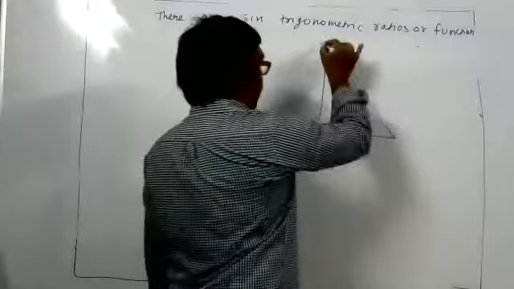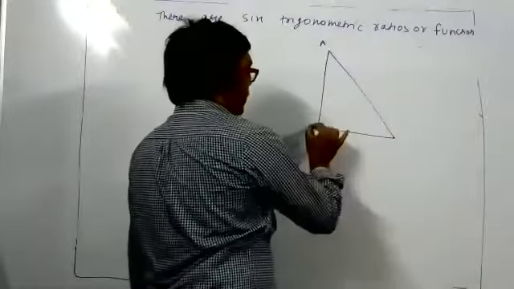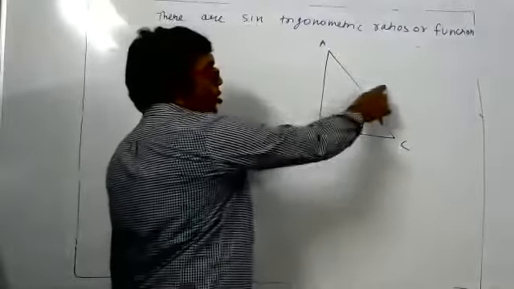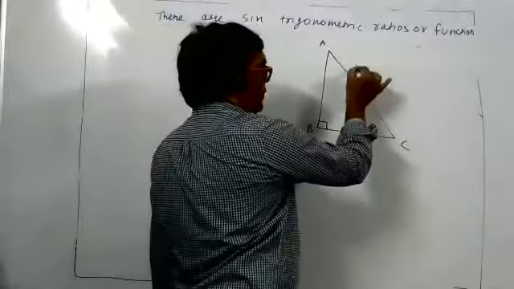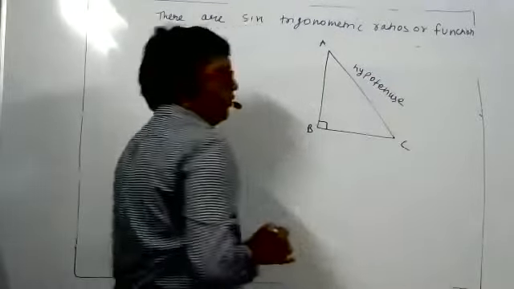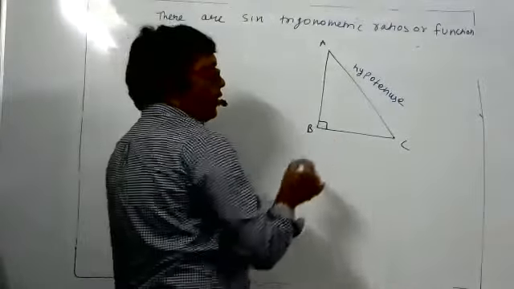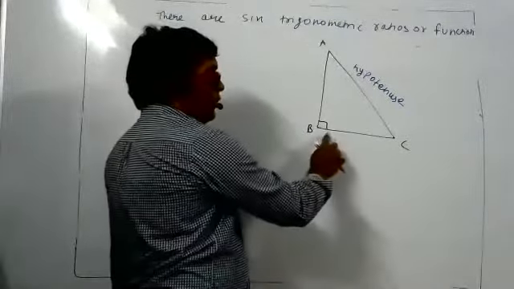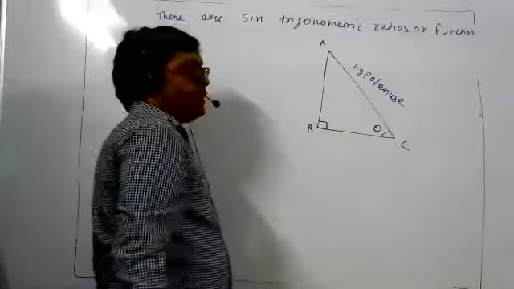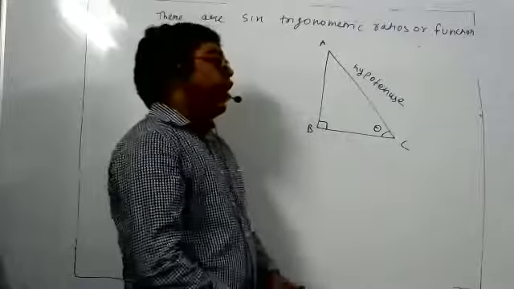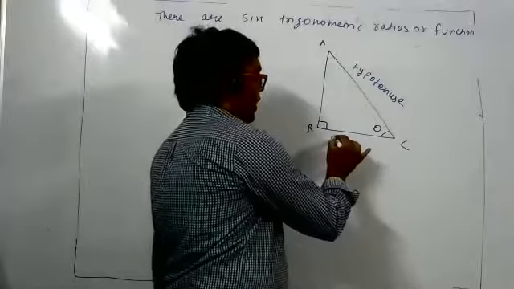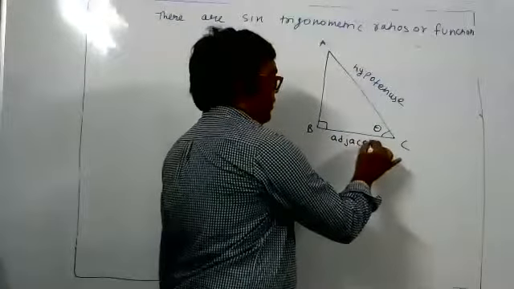This is just a little bit of brush up for you. Right angle triangle, 90 degrees. The side opposite to 90 degrees, all of you know, is called the hypotenuse. And BC is called the base. It is called base, but from now onwards you usually say adjacent side, or base also.